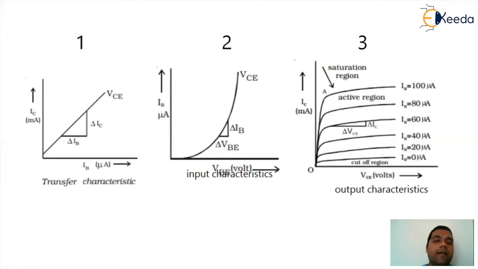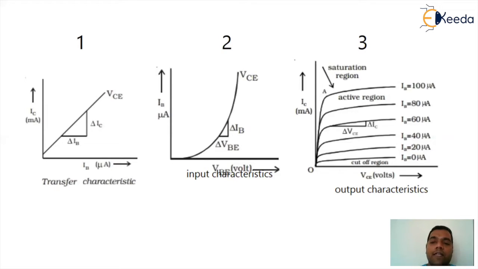The rule for getting the characteristics always remains the same, whether we talk about the input characteristics or the output characteristics, because you have two batteries, one for the input side and the other for the output side. If you are trying to study the input side, the output side impact has to be constant. That's the reason when you see the graph of IB versus VBE, you will find VCE as a constant value. And on similar lines, when you try to study IC versus VCE, you will find IB as a constant value.